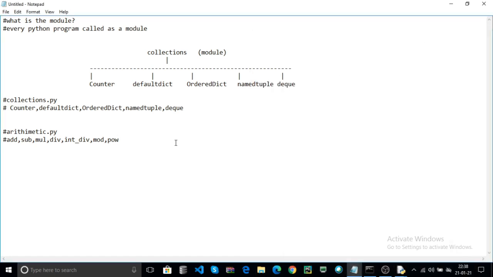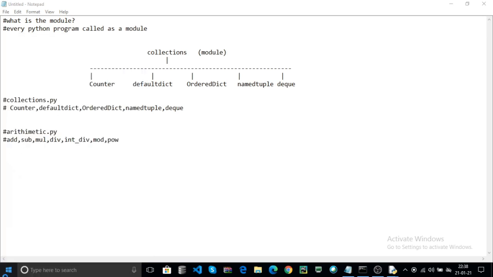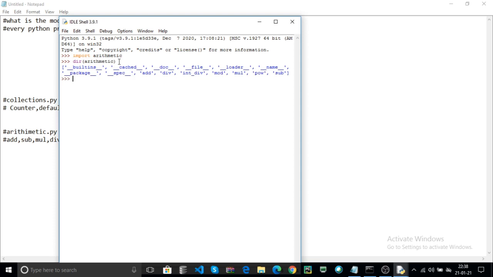Now you have one module, so open IDLE again. Here import arithmetic. Here arithmetic is one module, the same as collections. Now you can check dir of arithmetic and hit enter.